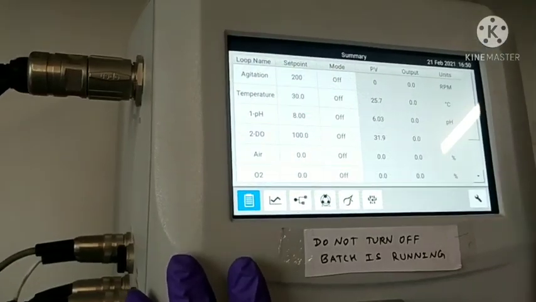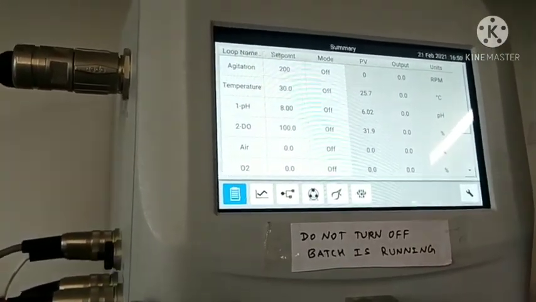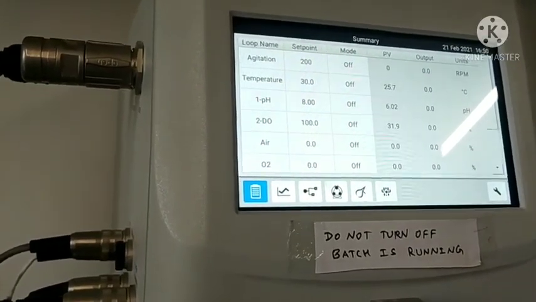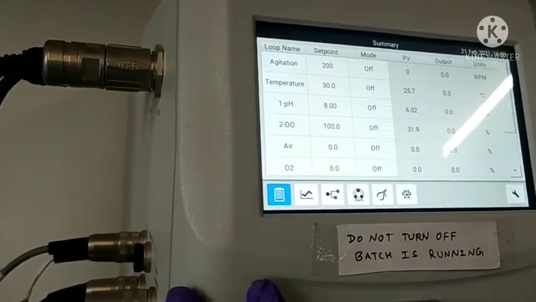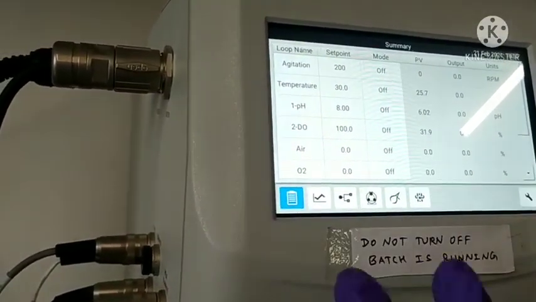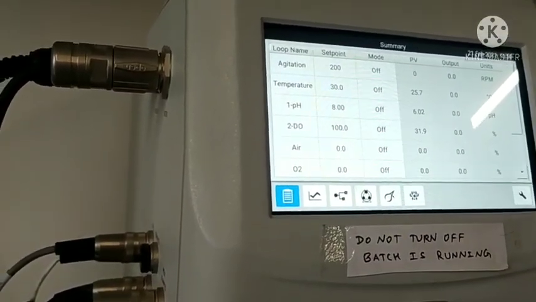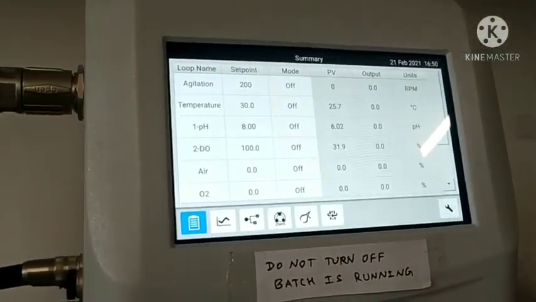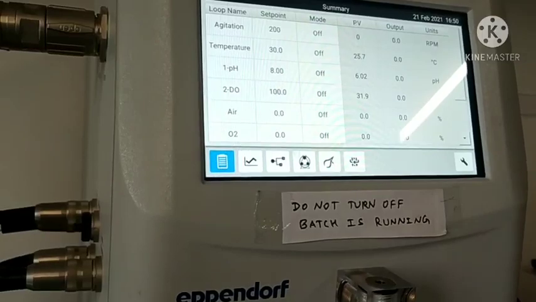You just have to put in a UPS power supply, and you can run any batch for real time data extraction and graph preparation. This is a very good instrument to be used for higher scale studies, for publishing papers, and for learning about real batch fermentation and how it happens in the industry also.